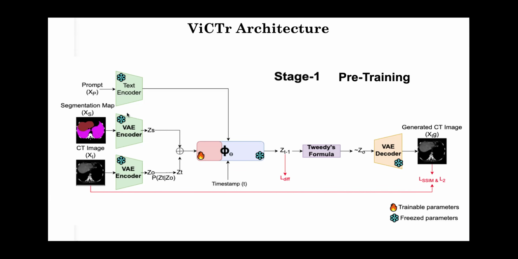So what we do here, in the pre-training stage, is take the text encoder. The text prompt is derived from the segmentation map itself. We have given the organ names, like